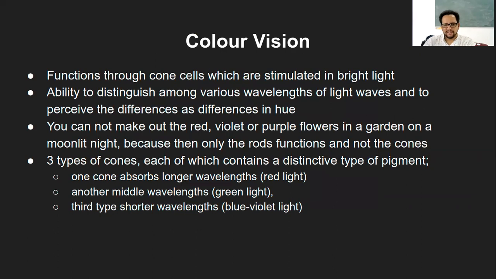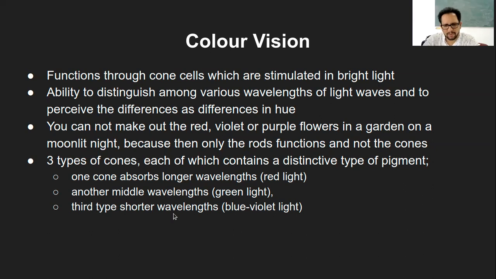Color vision, again a simple thing. There is not much to explain here. It's just the ability of a particular type of cone cells to recognize a particular wavelength. There are different types of cone cells, and you are able to see different colors because a particular type of cone cell absorbs a particular wavelength. There are usually three types. I must say that this is a little extra, and I'm not too sure if it falls into the extra category or is within the syllabus, but let me cover it in any case.